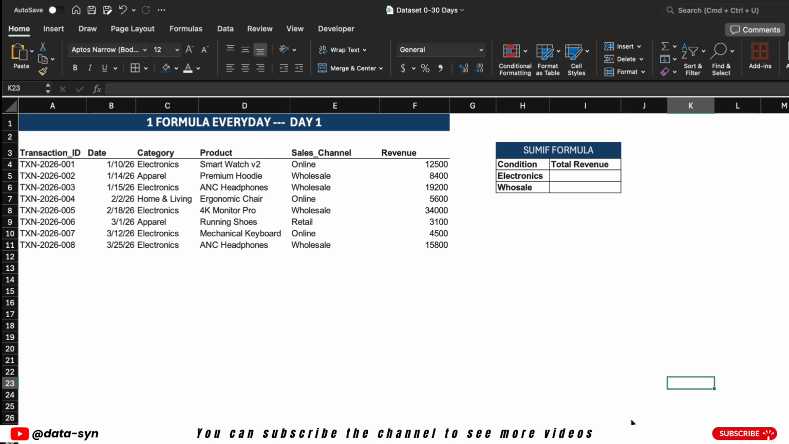Today's formula is the SUMIF formula. The SUMIF formula is an extremely powerful and widely used mathematical formula in Excel that allows you to sum the numbers in a specific range of cells by filtering them according to conditions or criteria. For example, in this dataset, I will use the SUMIF formula to find the total revenues for electronics in category and